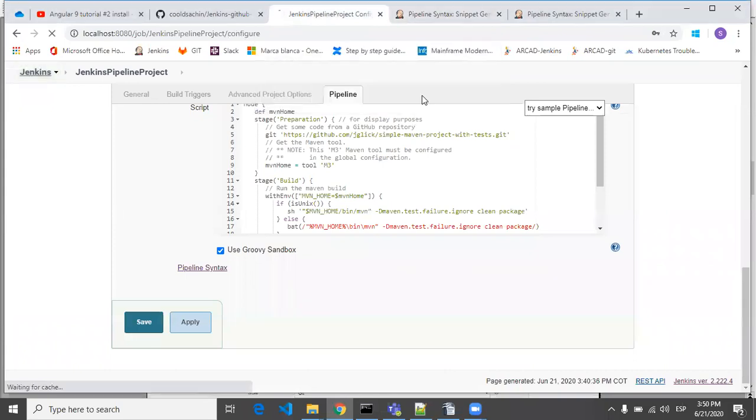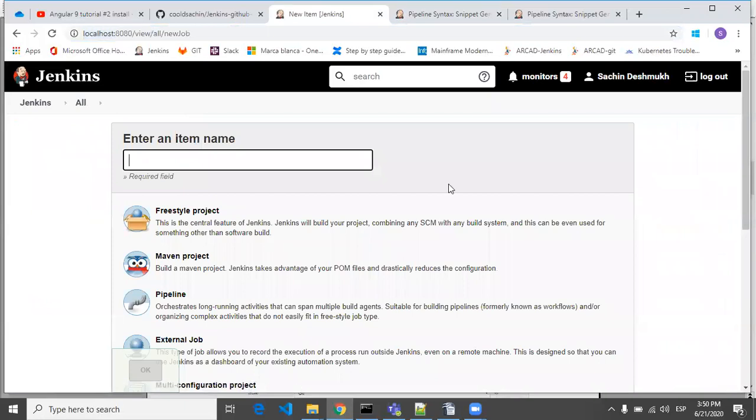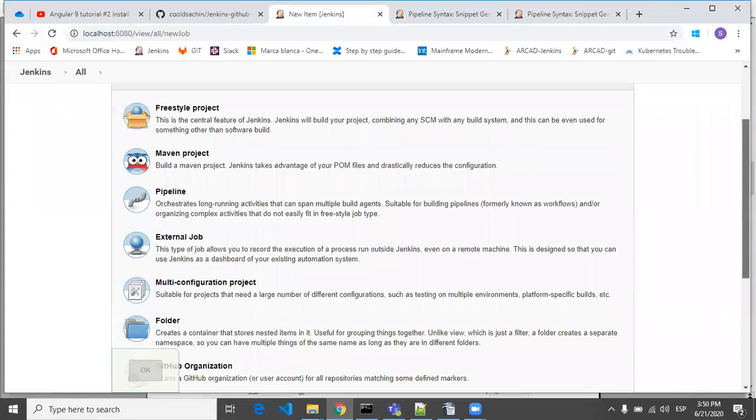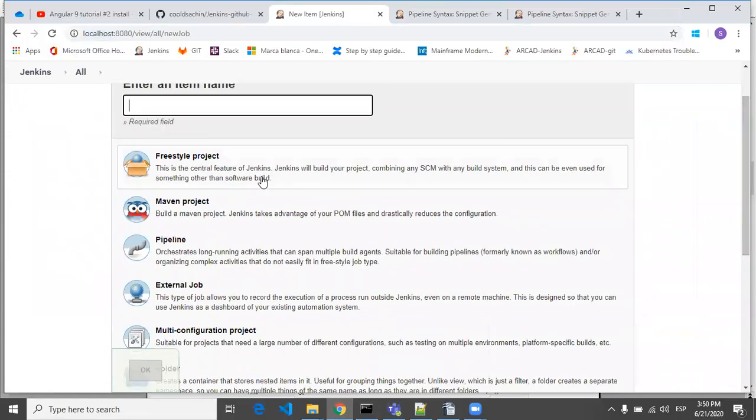Okay, so we are on our Jenkins dashboard. Here you have to select a new item, and you can see there are a number of styles by which you can create your projects. Freestyle project, we have already seen how to create.